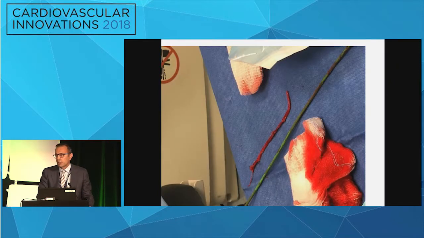For those of you who are looking for a complication, we did present this on the CVI Innovations live webcast a couple months ago, where Ian Kowich yesterday presented a very nice talk on radial interventions. This is an example of not appreciating the difference in outer diameters of a glide slender sheath and a destination sheath that caused excessive spasm, and that is the radial artery that has been harvested due to my over-aggressiveness endovascularly.